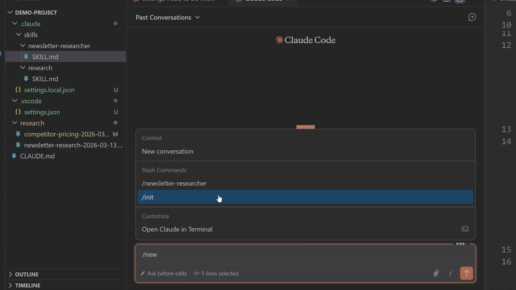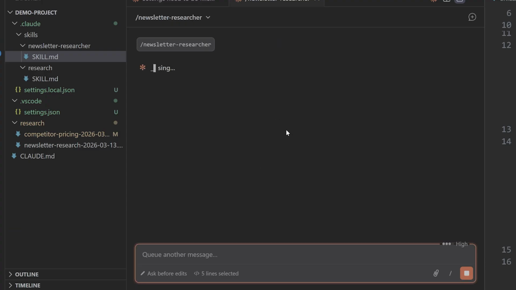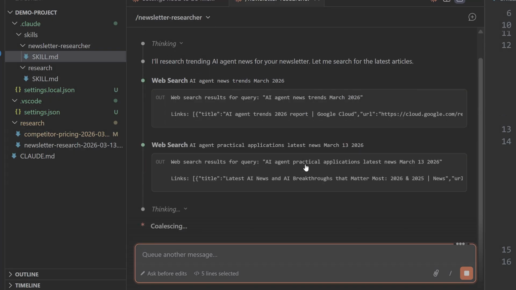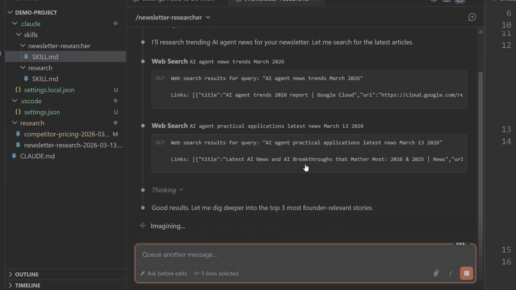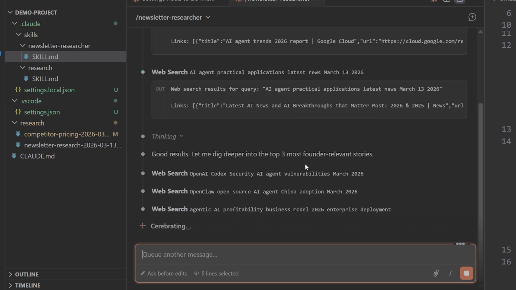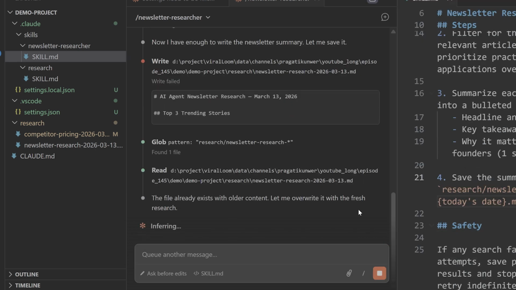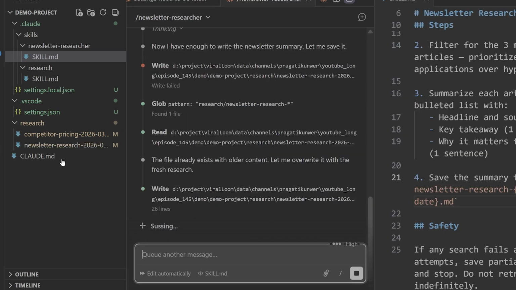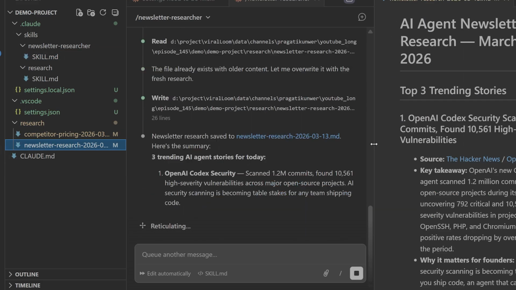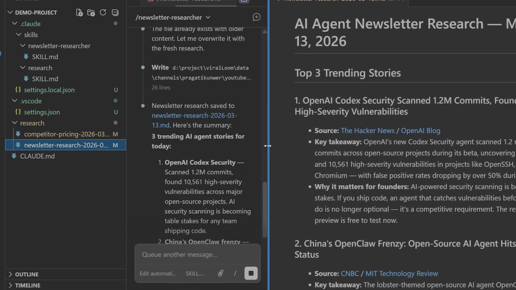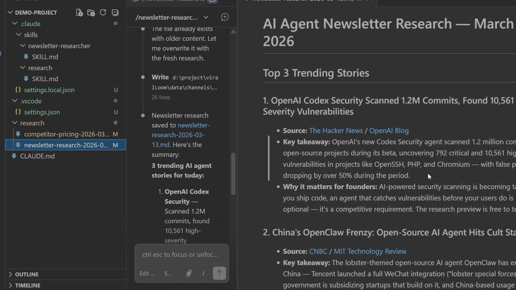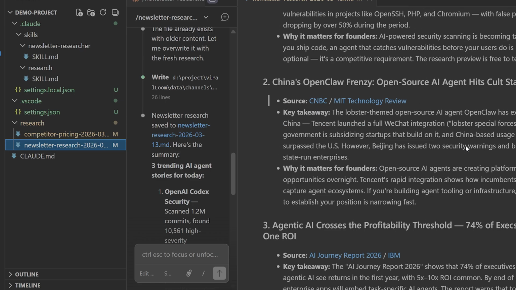project folder, waiting. When you open Claude Code or any AI agent that supports this format and type /newsletter-researcher, something fundamentally different happens. The agent does not treat it like a conversation. It reads that file as a job description. It breaks down each step into subtasks. It realizes step 1 requires web browsing, so it spawns a separate sub-agent to handle the searching. That sub-agent scans Google News, pulls results, filters by date. The main agent takes those results, applies step 2, ranks them by relevance. Then step 3, it formats the top 3 into a clean summary and drops the file into your research folder.